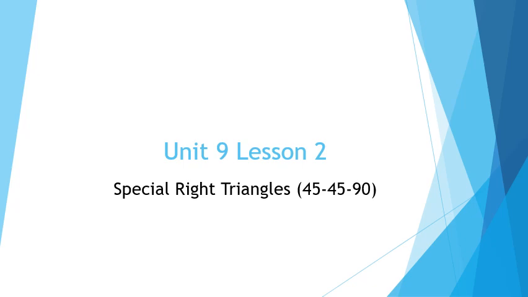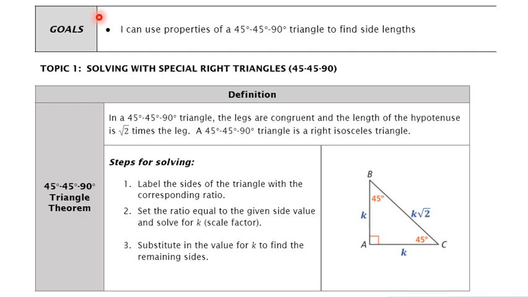This is the lesson for Unit 9, Lesson 2, Special Right Triangles, 45, 45, 90 triangles. The goal of this is going to, again, be solving for sides of right triangles. So in the previous video, we saw solving with Pythagorean theorem. So when you have two sides of a right triangle, we can use that property to solve for the third